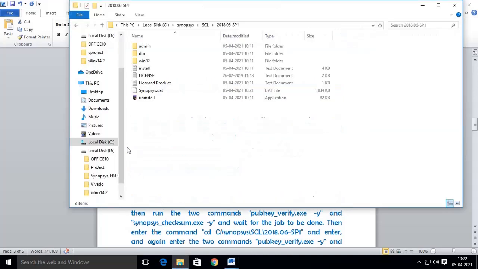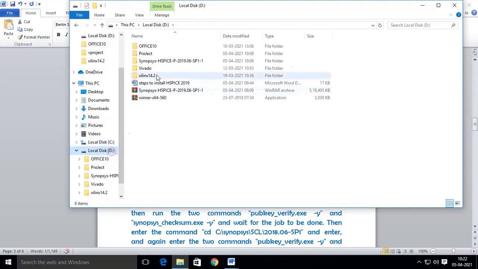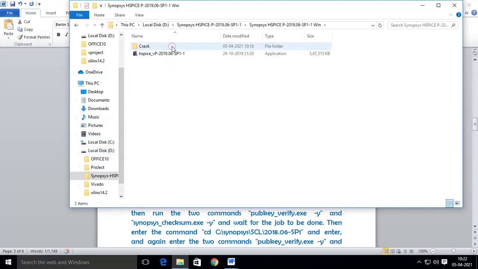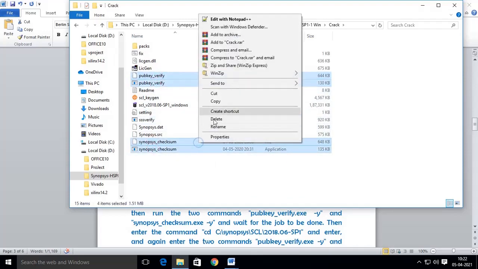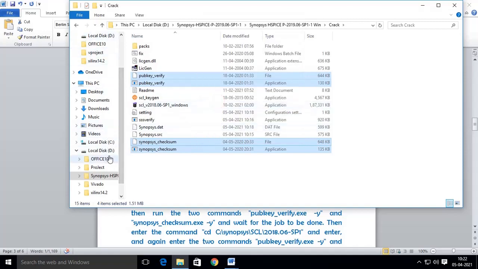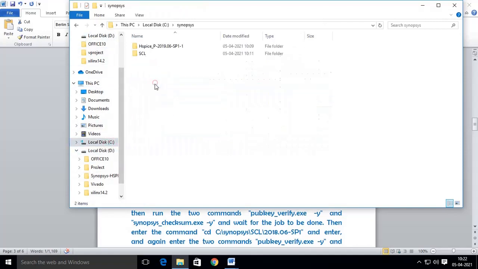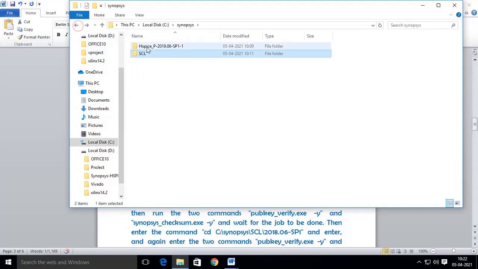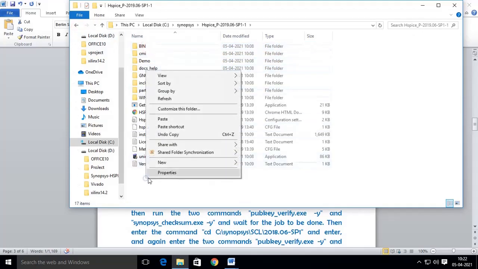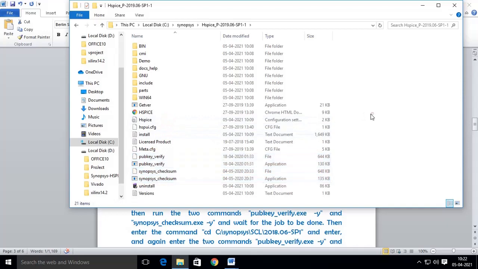Copy these four files to the HSpice 2019 and SCL 2018 folders, here and also in the 2019 folder.